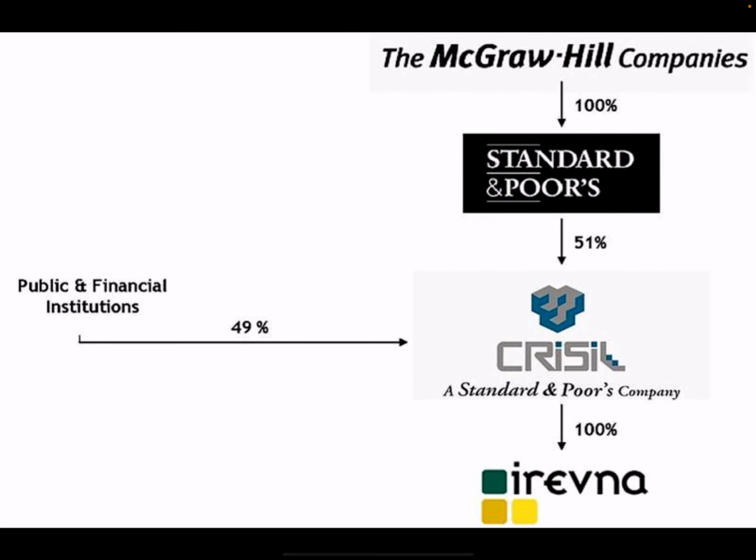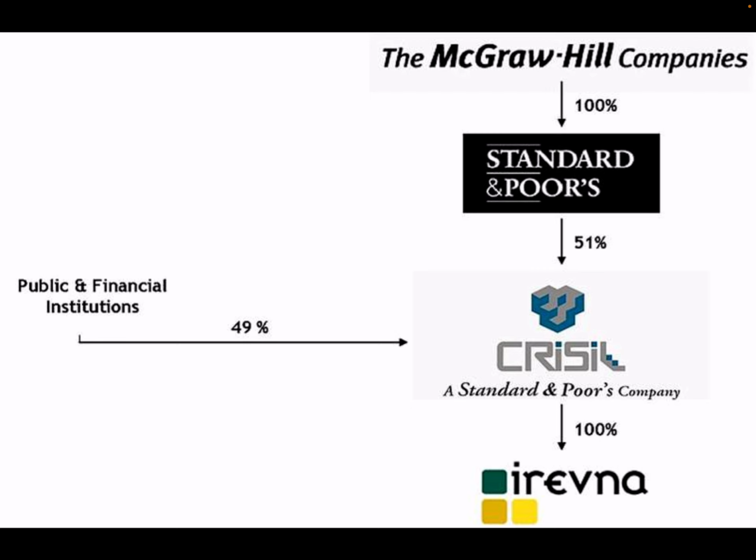the Standard and Poor's, S&P, a US based rating agency, holds a 51% stake in Crisil. Hence S&P is the holding company and the promoter of Crisil. Public and other financial institutions hold the balance 49% of the shares of Crisil. However, S&P